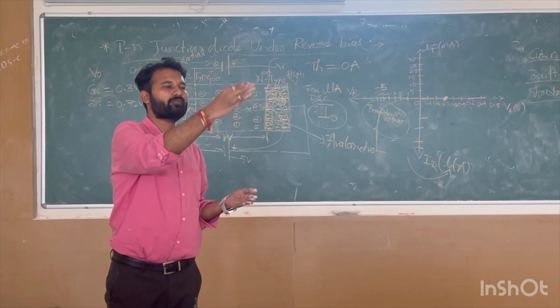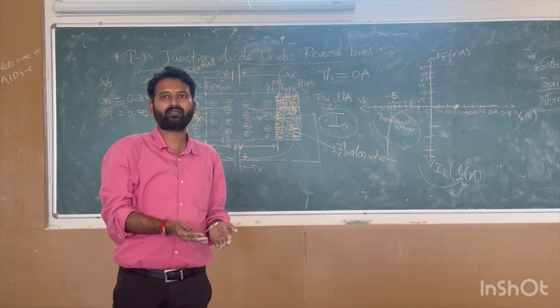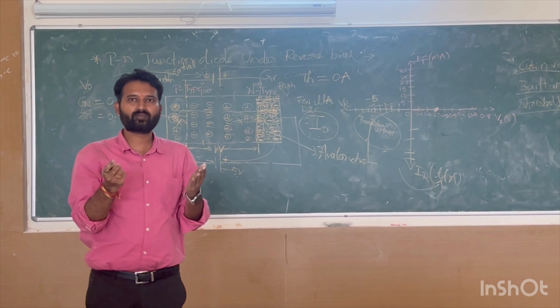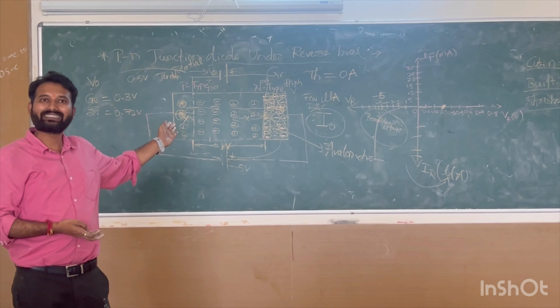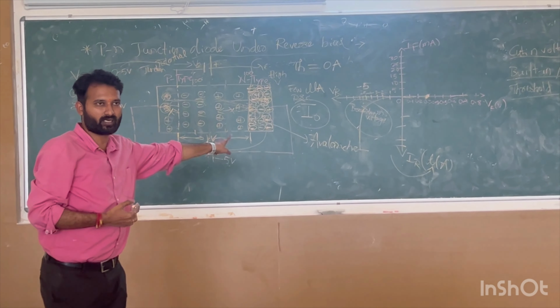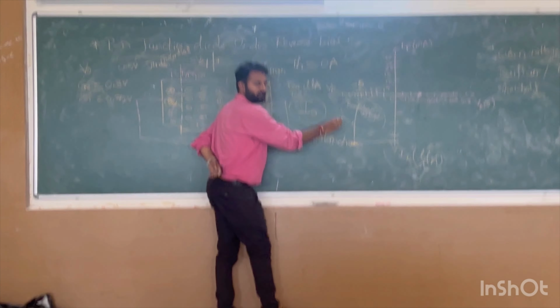4 will become 8, 8 will become 16, 32, 64, 128, 256, 512, 1024. Like that, it will create a bunch of electrons in the PN junction diagram. Those are responsible for breaking, destroying that junction. So that voltage is called breakdown. At a certain reverse voltage, the junction is going to break down. If the junction breaks down, again majority carriers will move in the opposite direction. That gives rise to a maximum reverse current. This is your maximum reverse current.